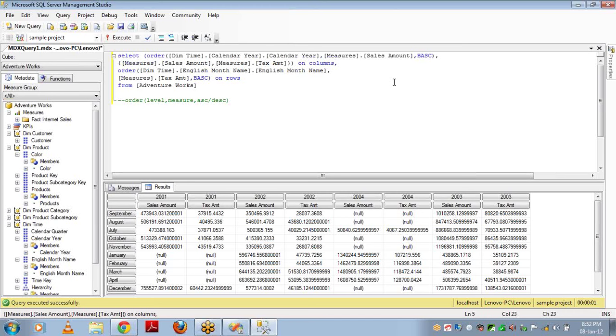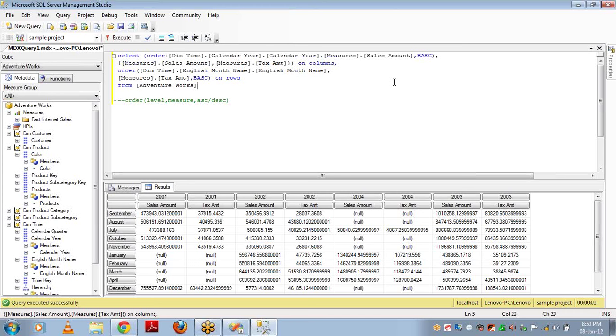Now, I've discussed so many things about how to use attributes and measures in rows and in columns and pull the data in different ways, and pulling the top 10 records or bottom 10 records using head and tail functions. And we have seen many other functions like lag, lead, descendants, ascendants and all. Now let's see how to slice the data, how to filter some records.